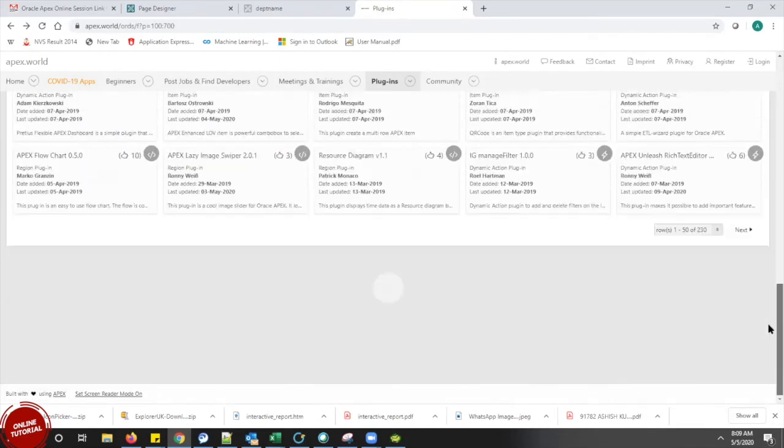So likewise, we have so many plugins over here. The total is 230 plugins that we have in our system, in the Oracle Apex system.